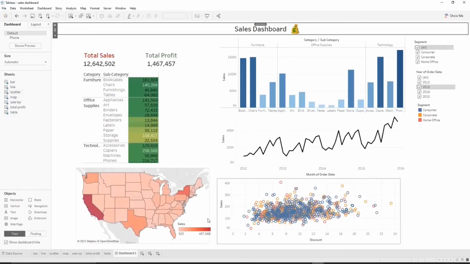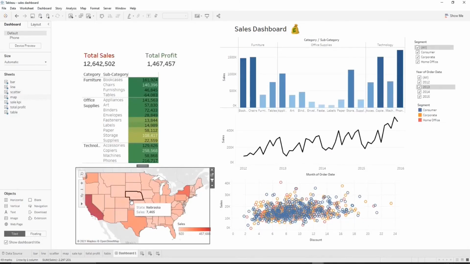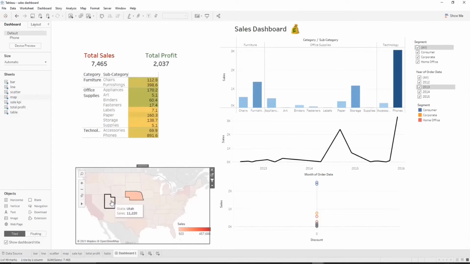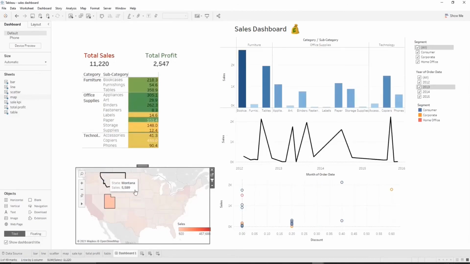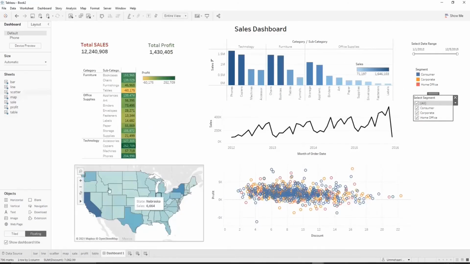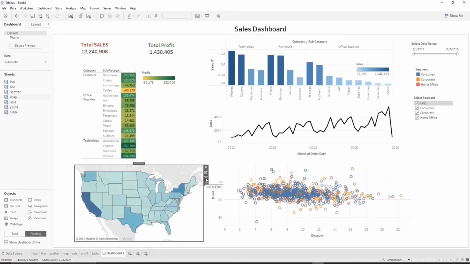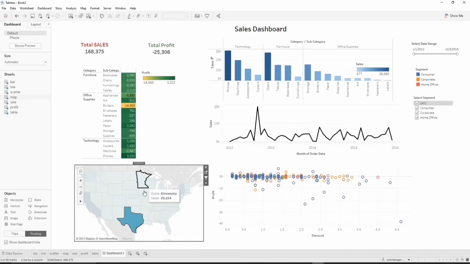Next thing over here, I was clicking on the state and then also my entire dashboard was updating. Now how will I do that? I don't have any filter for maps. But what we can do over here, if you click on this map, you will see there is a funnel shaped filter icon. If you click on that and select that, now this entire chart becomes a filter. If I click anywhere, the entire dashboard will be updated.